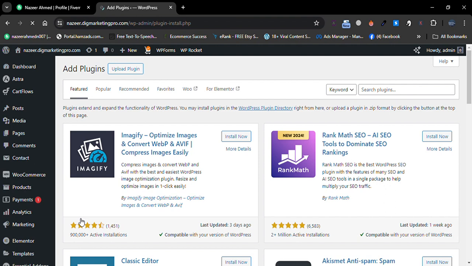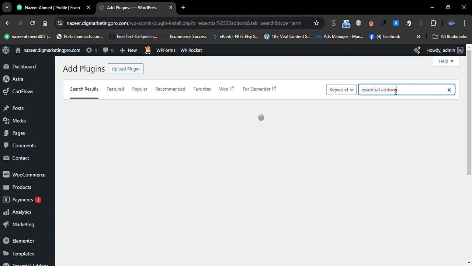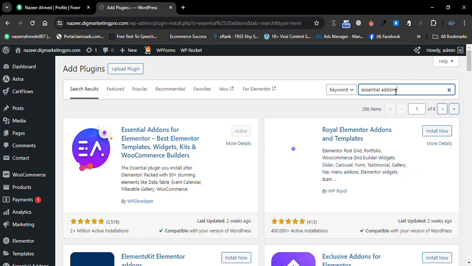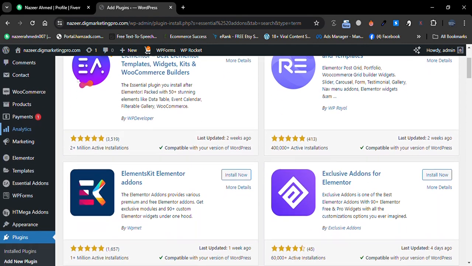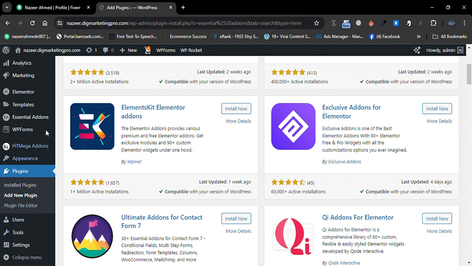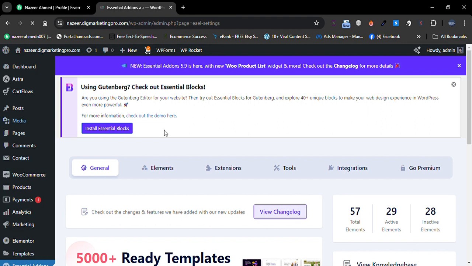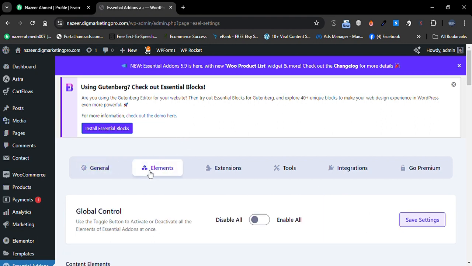So I will show you how we can create a login and sign up form using the Elementor plugin. So we need to search for Essential Addons. So here is the plugin Essential Addons for Elementor by WP Developer. So after that you need to go to that plugin on Essential Addons on your dashboard, then go to Elements, then search for